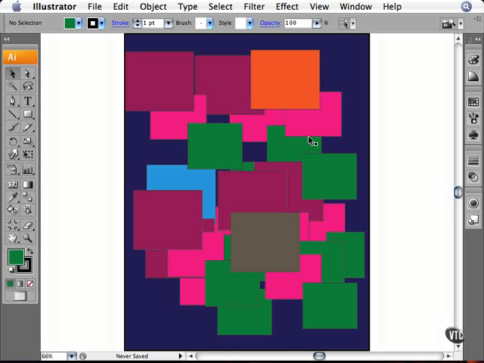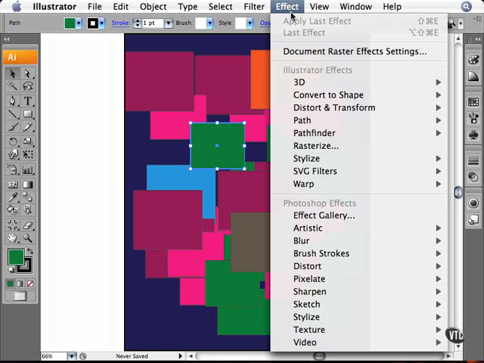The effect gallery is going to be your one-stop shop for when you want to see what a particular effect is going to look like before you actually apply it. Now I'm going to select this green cube here, and yes, you are the contestant on The Price is Right. You've been selected for the effect gallery. Congratulations to you. I'm going to go to Effect Gallery, but I'm going to also show you that the effect